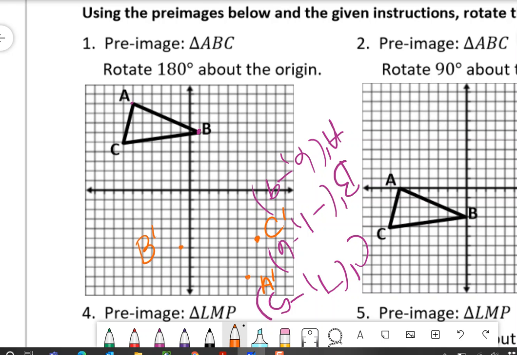And if I took out my straight edge and I connected these, I'm just going to do a quick sketch. Come on, quick sketch. There's your triangle. And what it does is it rotates. B moves to here and then moves to this quadrant. So B moves to here, then moves to here,